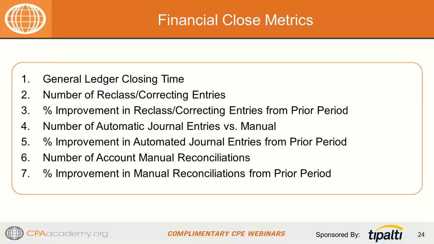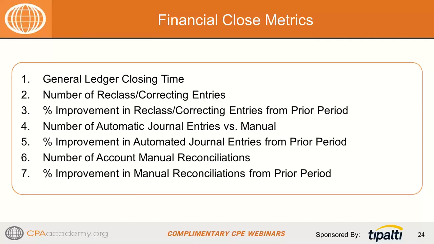The next metric that we take a look at is the number of reclass and correcting entries. And then we start seeing, okay, what's the percentage of improvement in reclass and correcting entries from the prior period? So it's not just taking a look at metrics in a vacuum. We're doing some trend analysis to look at what happened in the prior period. And that's kind of a common mistake that a lot of companies make when they're implementing metrics. They just look at metrics in a silo, and they don't go back and look at what happened in prior